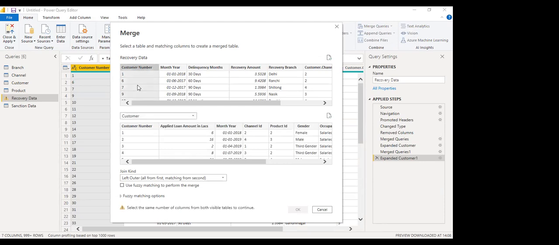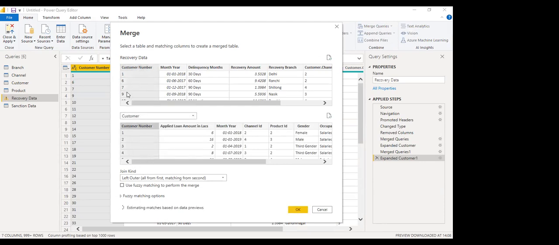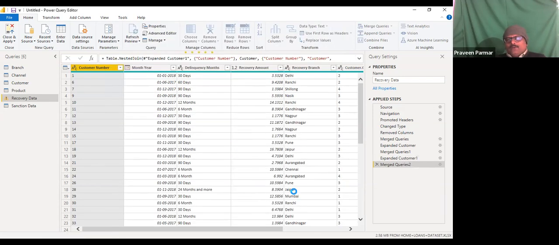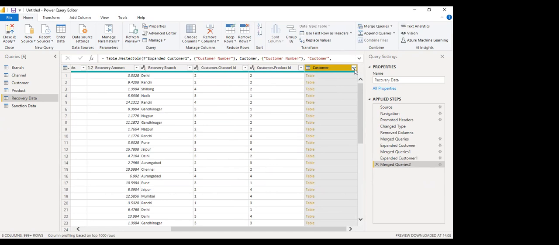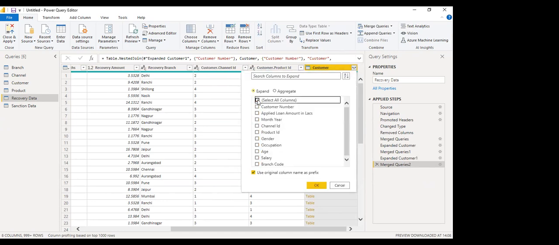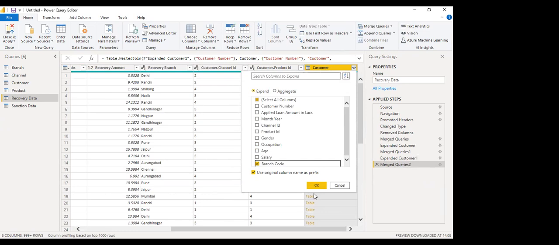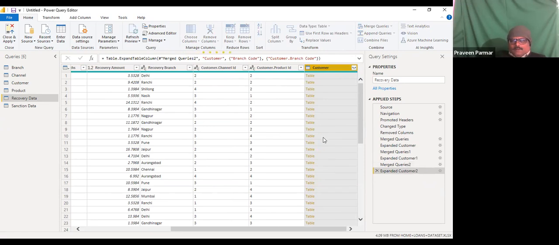Just click on these two, this is the common key. Whatever the common key column is, you have to select that and just OK. So you will now get one new column in the recovery data. And here we will now add branch code. Got it? So you do it once yourself.